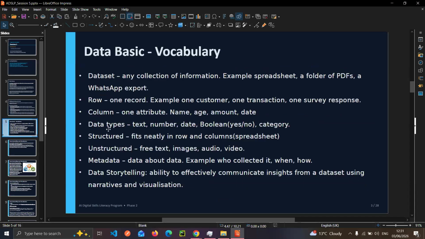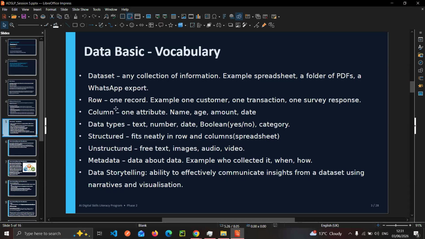On our next slide, which is data basic vocabulary, the question that someone might ask is, well, I'm using AI for my daily tasks, so why is it important for me to know how to manipulate data? Why is data literacy with AI important?